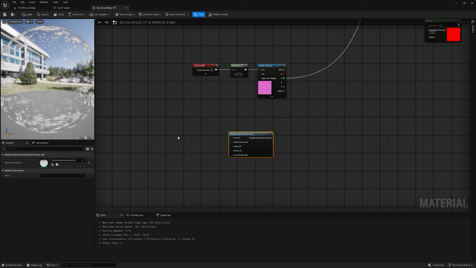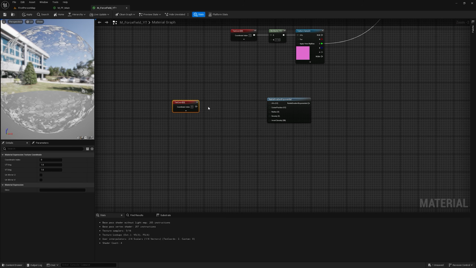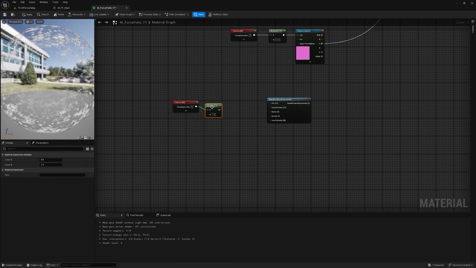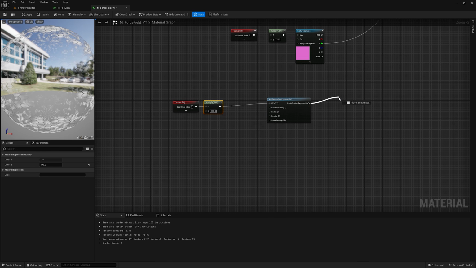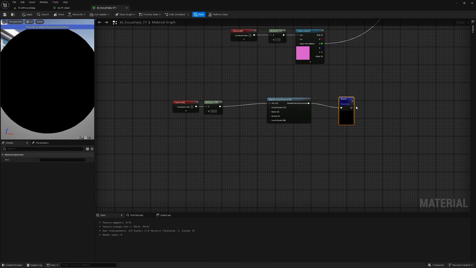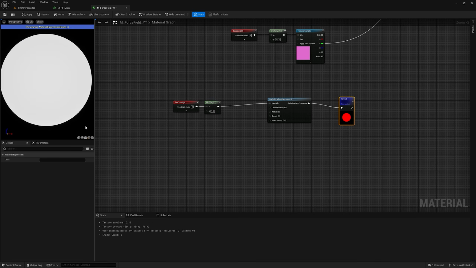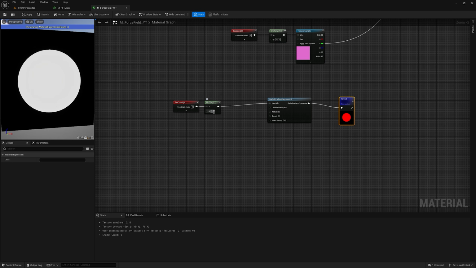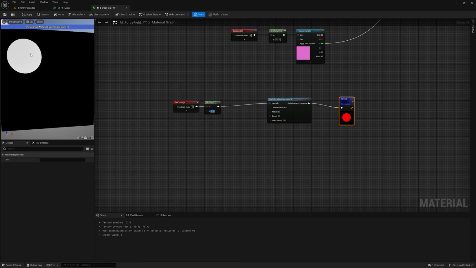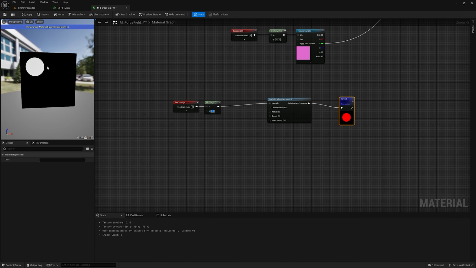Now get a texture coordinate. Now here get a multiply and change this value to like 140 and connect this to the UV here and just round this. And if I just preview this, nothing will happen. But if I change this value to like 1, you can see a circle. If I change this to 2, the circle will be here, but we need to have the entire mesh surface